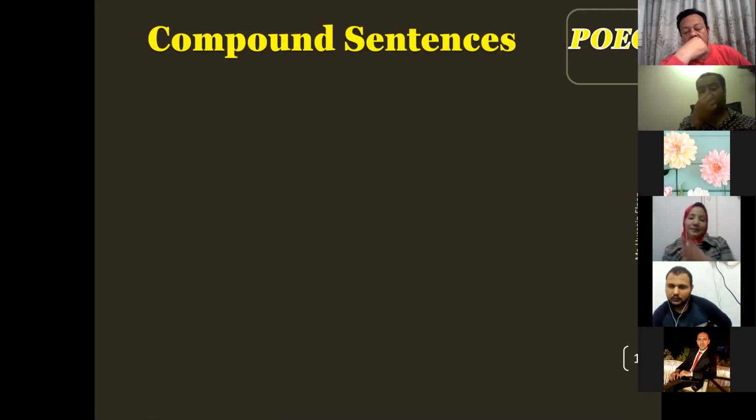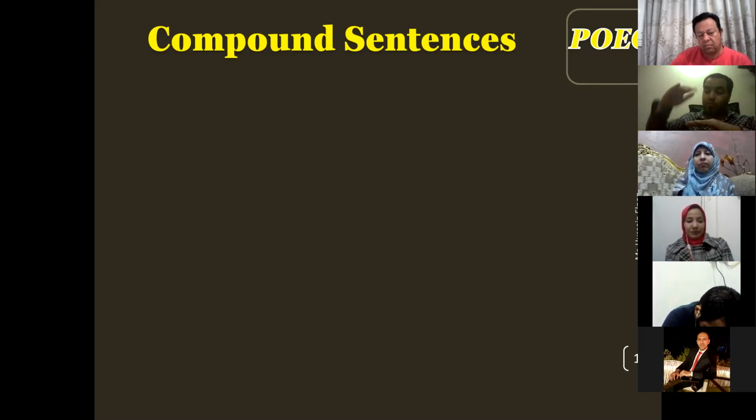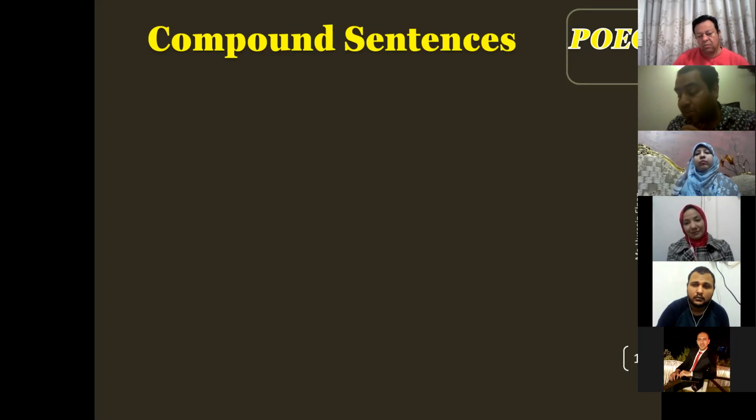Okay, so compound sentences. Guys, what is your idea about compound sentences? Two complete sentences related with the conjunction. Perfect. Or connected with the conjunction. So we're jumping from using only one sentence into using two. And as long as I have two, I have to connect them together. So what do we call these words? Fanboys. Yes, the fanboys. Can you please tell me what the word fanboys stands for?